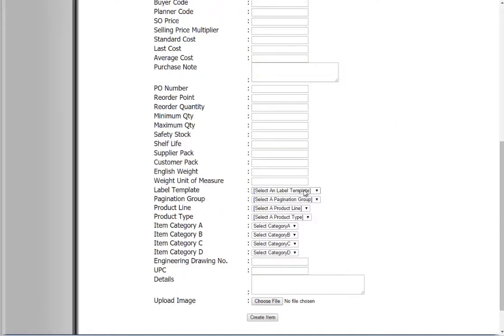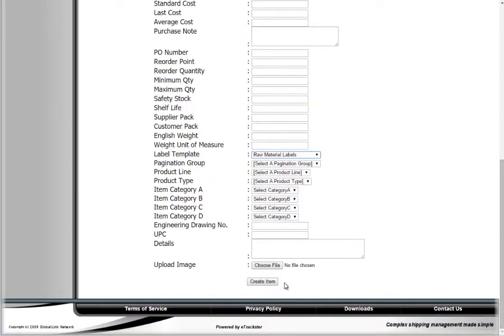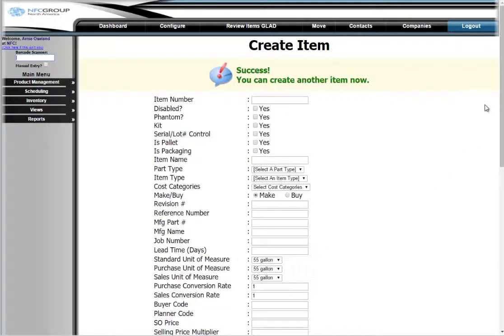I'll go in and put the kind of tag we're going to use, and there could be many different kinds of asset tags here to select from. I just picked one. If we had details, there's a notes area here. If you had an image or a picture that you wanted to put in, you could do that. But I'm just going to create. So what I've done is created the